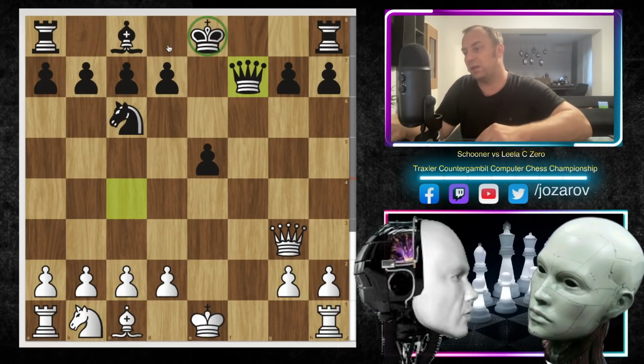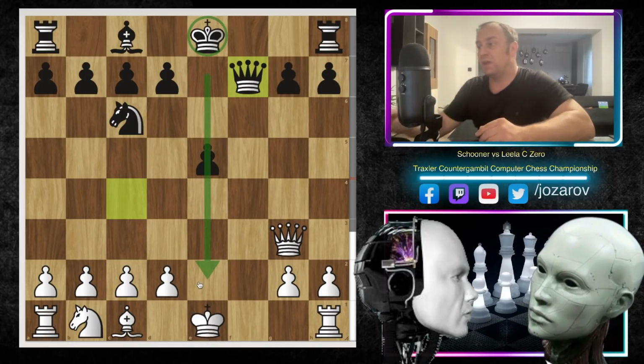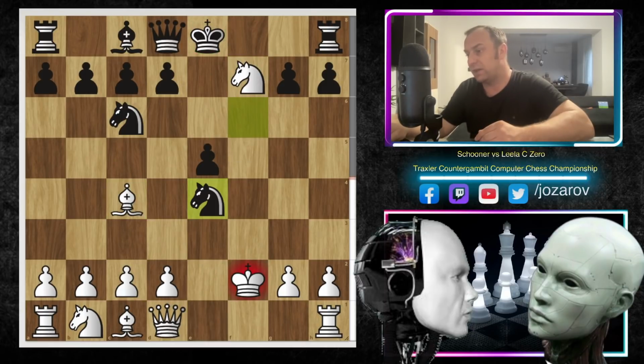Black can secure the king, and the material is about equal, but still, of course, Black has this extra pawn. So as I said, this wouldn't be the best continuation. Maybe after this move, king to f2 and knight takes e4, maybe king to g1 could be a possibility, but